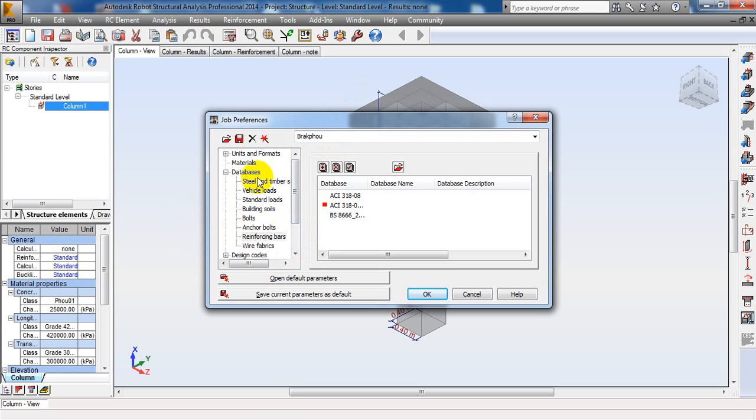And we move to this part because I set up the property already. I choose this name, and I tell you that the most important in our database is reinforcing bar. We use ACI 318 metric,